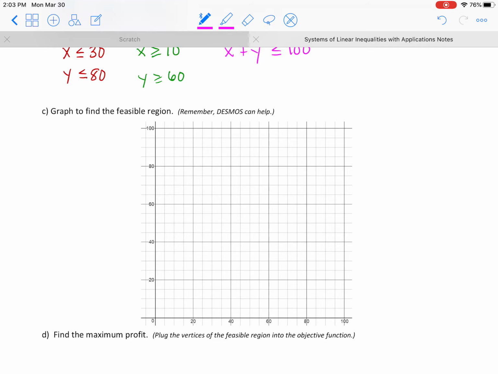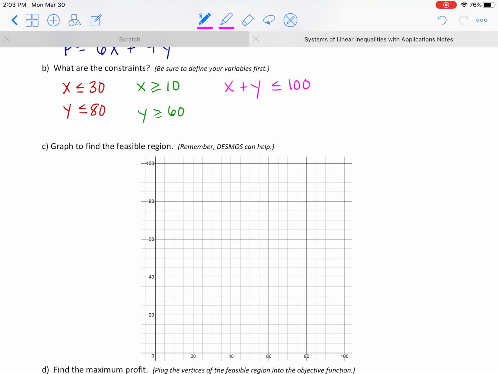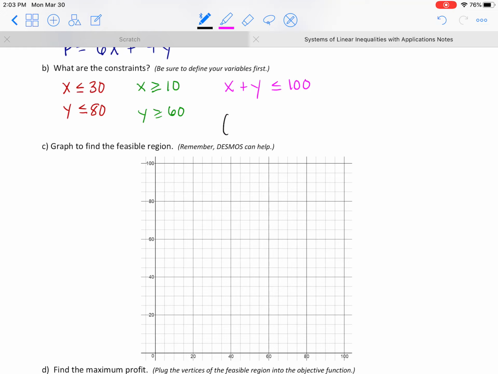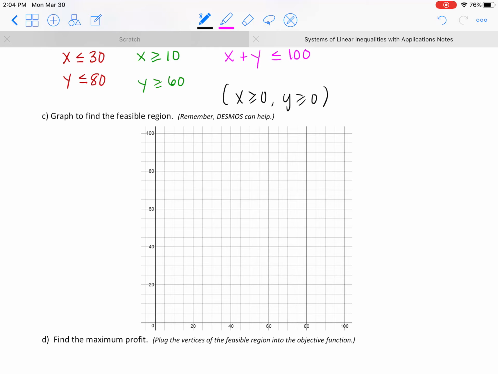Now, it doesn't say anything in this situation about it, but notice in the picture that we're restricted to the first quadrant. The x's and y's can't be anything negative. We're dealing with small cases, large cases, phone cases, right? Since they can't be negative, those are technically constraints that we don't have to list, but technically they're in there, right? The number of x's has to be greater than or equal to 0, and the number of y's has to be greater than or equal to 0. We have to be dealing with things that are positive here, okay? So those are our constraints